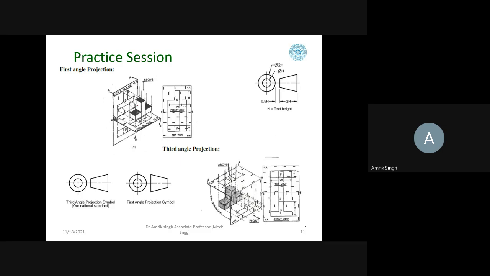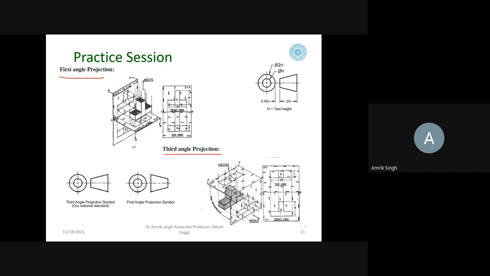Now you see the difference between the first angle projection and the third angle projection. As I told, in the first quadrant the object is placed. So when we see from the front, the image is formed here. So this is the front view which is drawn. And when we see from the top, the image is formed behind.